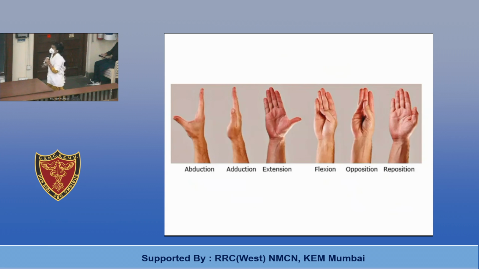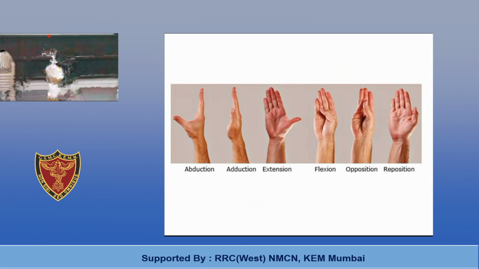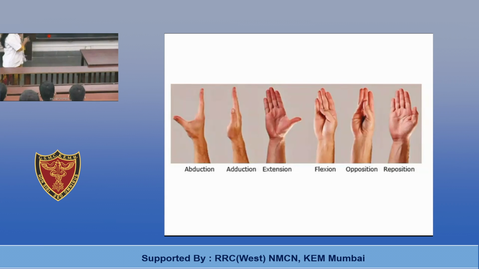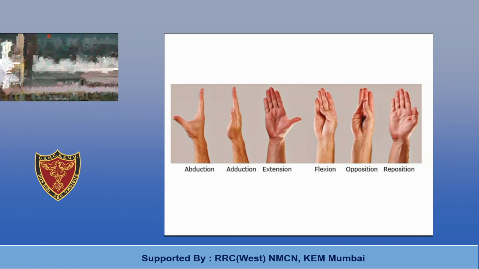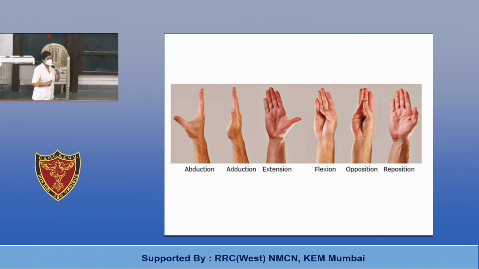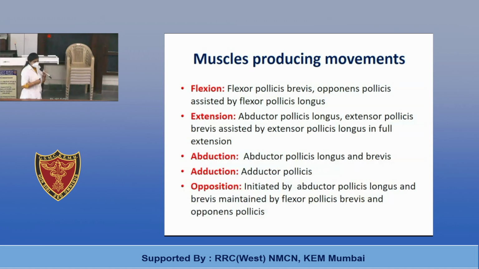There are many muscles responsible for these movements. As you can see, there are eminences along the palm region, mainly the thenar eminence. The muscles of the thenar eminence, and the tendons passing posteriorly and anteriorly, are responsible for these movements. So this is abduction, adduction, extension, flexion, apposition and reposition, and the combination is circumduction. Once you finish with the thenar muscles and the muscles passing anterior and posterior to the two phalanges of the thumb and the first metacarpal, you will come to know how they act.